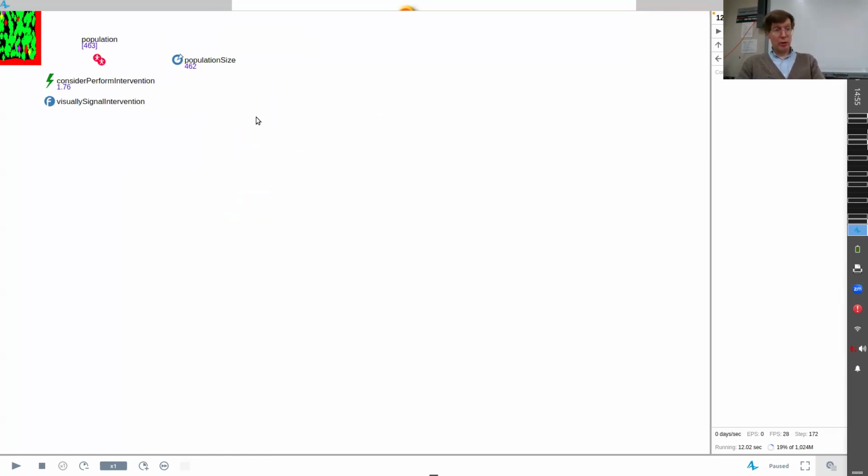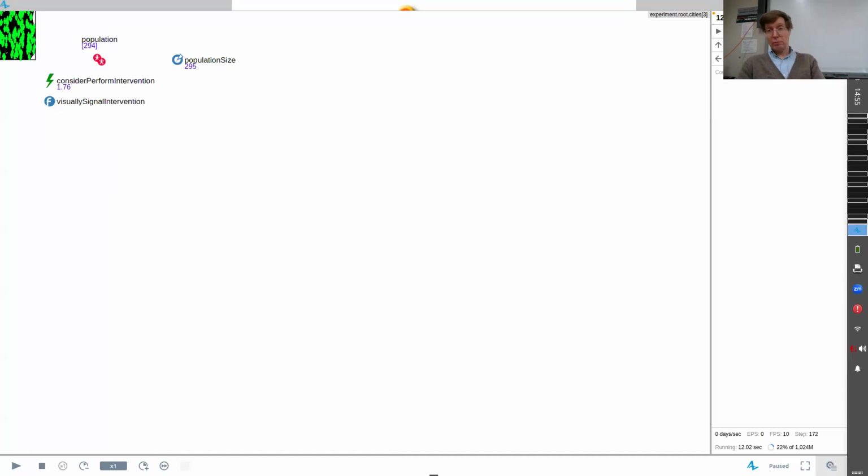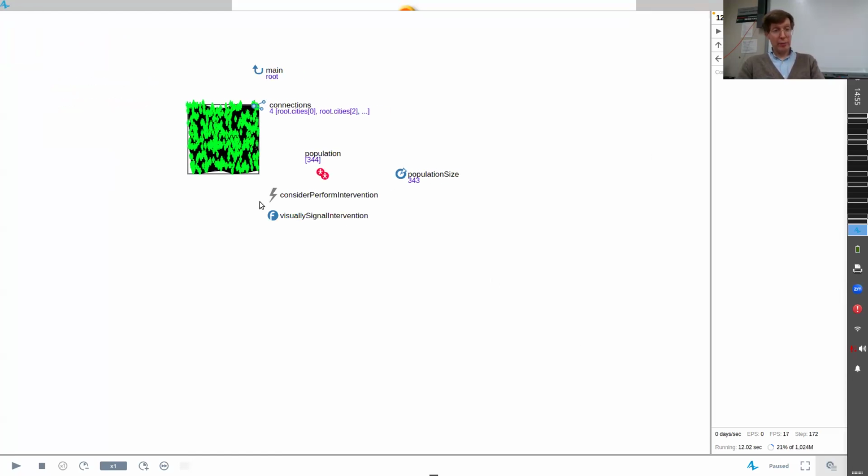Here's the third city, the one at index 2. And this one is already infected. There are some people infected. City 1, or the city at index 2, was actually infected as well. Okay, index 1 is not infected, hence it's not red. But here I will emphasize that cities can take action, and they take action by virtue of their